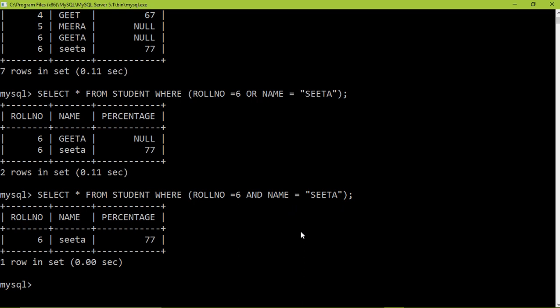Okay, now I will let you know another important keyword, that is distinct. Select distinct roll number from student.